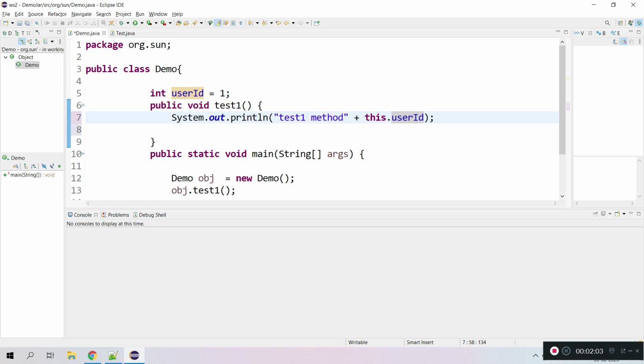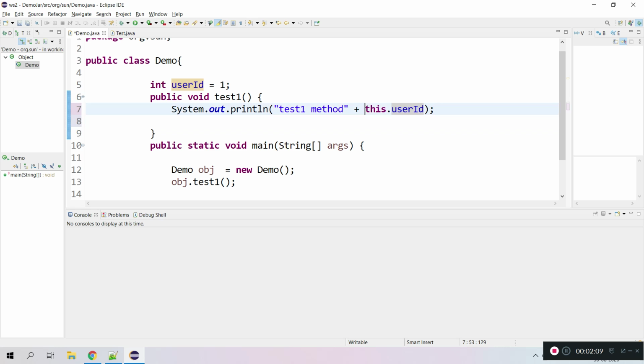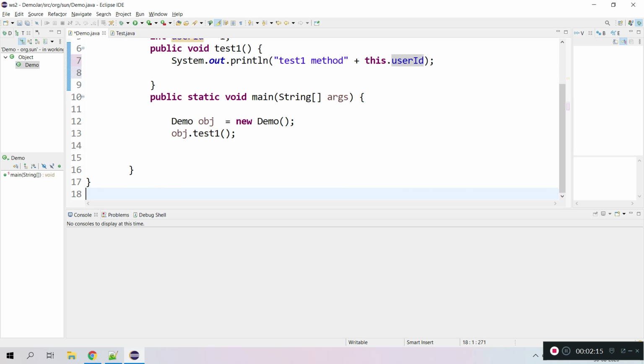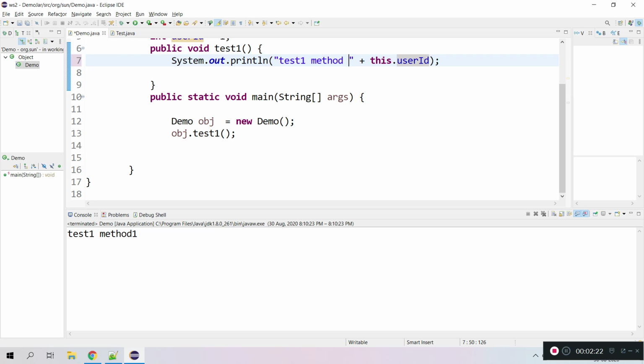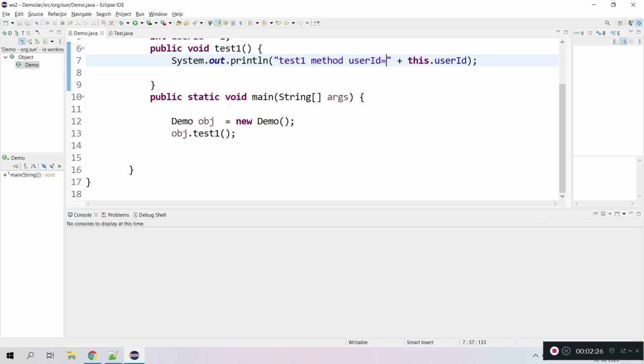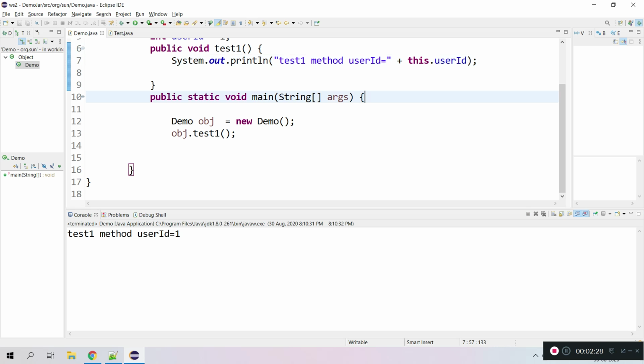So we discuss instance variables and instance methods in the context of this. This is how we can call instance variables using the this keyword. Let me execute this. Yes, test method and userId equal to 1. This is how it is printing.